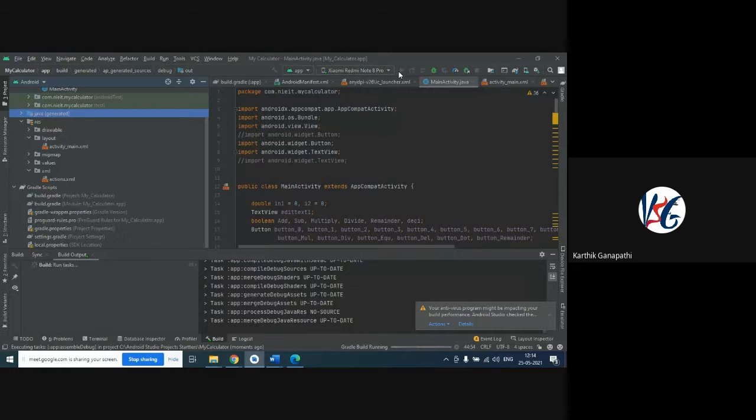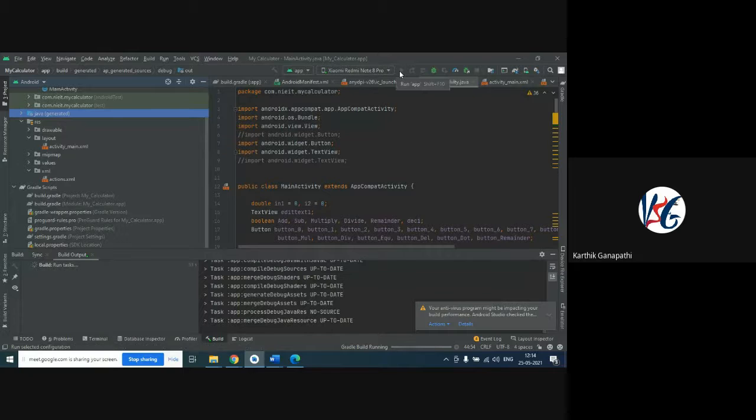Now I'm just explaining how to connect your mobile phones and run it on your physical mobile device, directly from Android Studio. I'm not able to share my mobile screen now. I just connected it to my mobile phone. My mobile phone is connected to the system, and as you can see here, it is enabled with the device name.